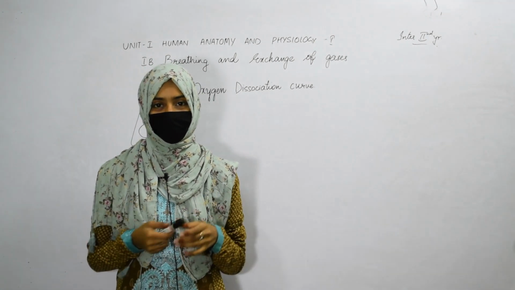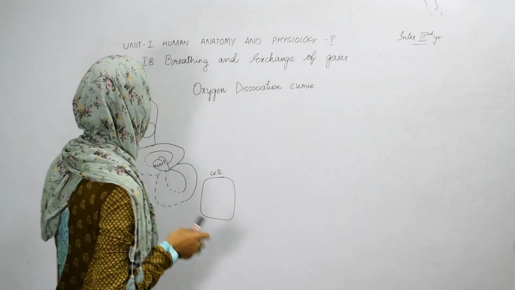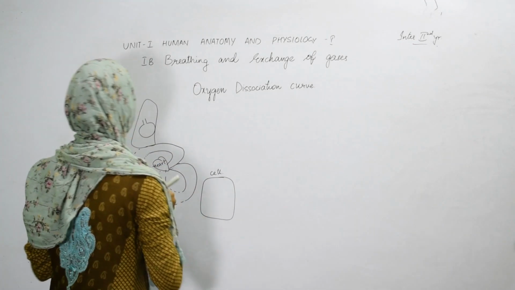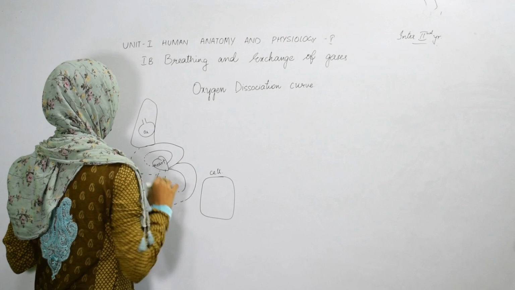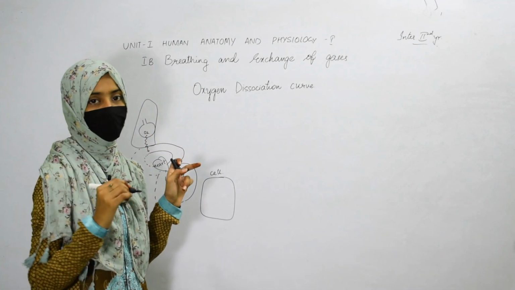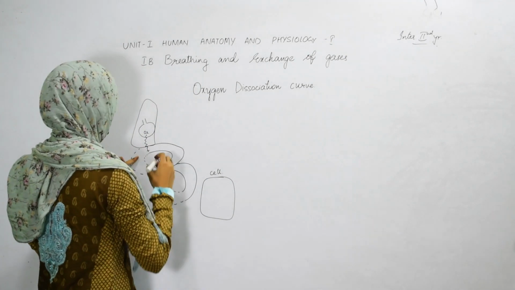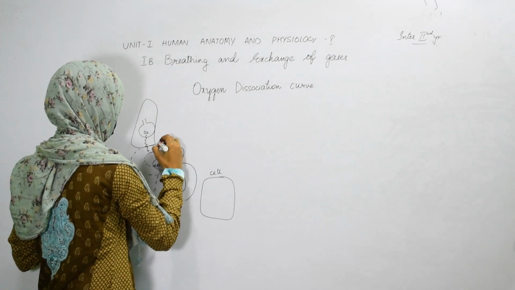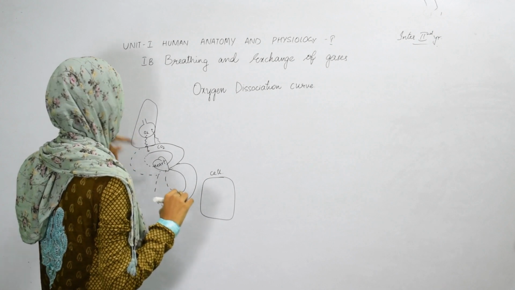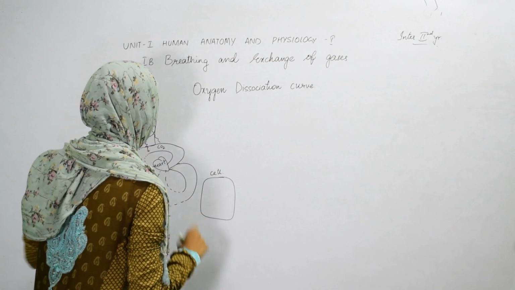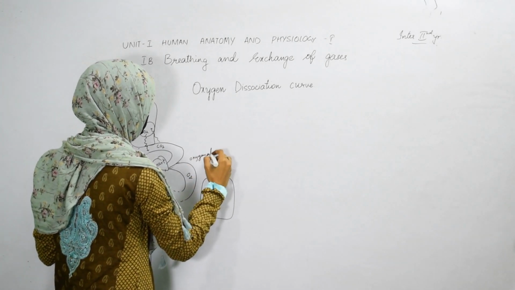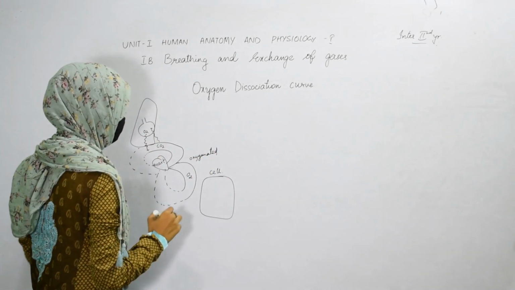In the previous session, we have learned that the alveoli of the lung has high partial pressure of oxygen. Because of the higher concentration, it moves towards the lower concentration, that is in the deoxygenated blood, and from the deoxygenated blood the carbon dioxide moves into the alveoli. This type of exchange of gases takes place. After this exchange, the oxygen was transported by the alveoli into the blood.